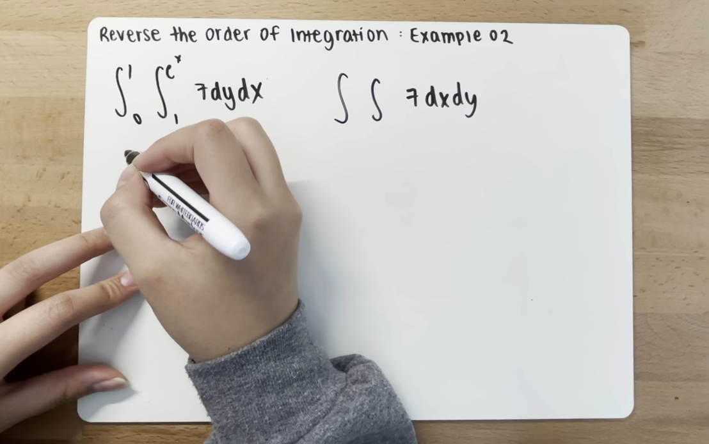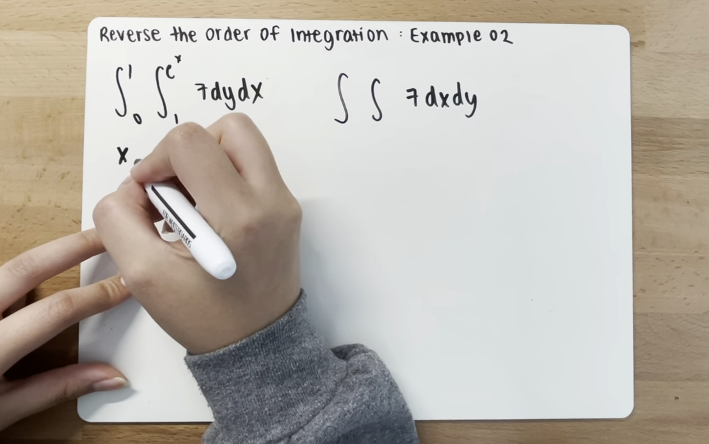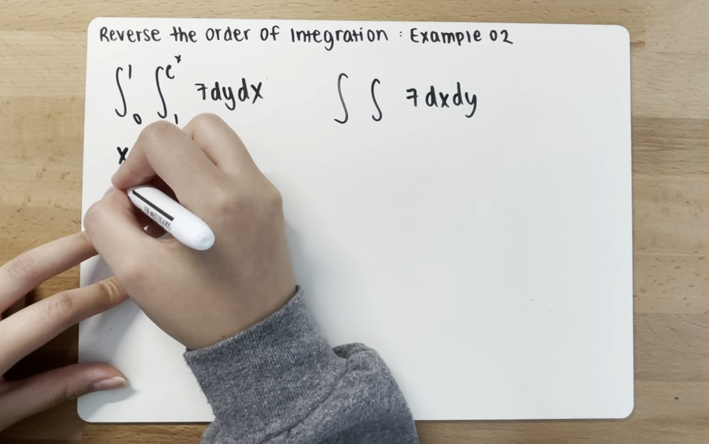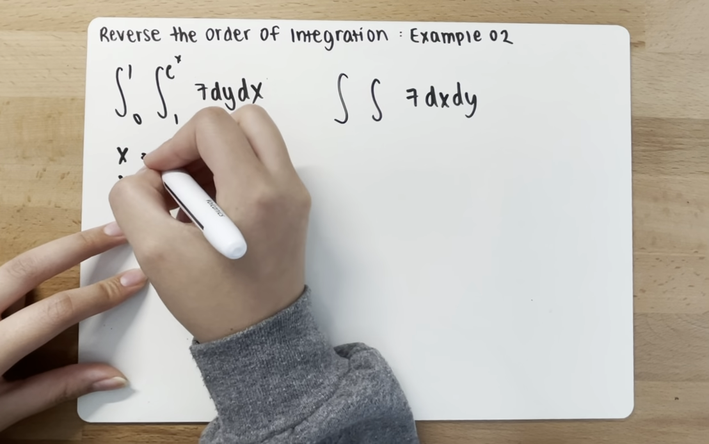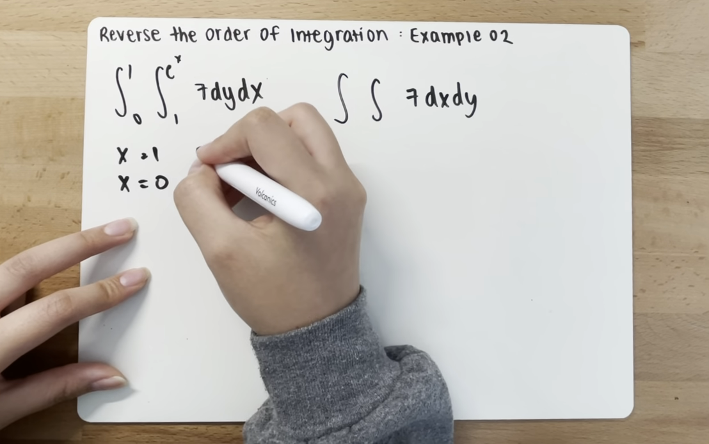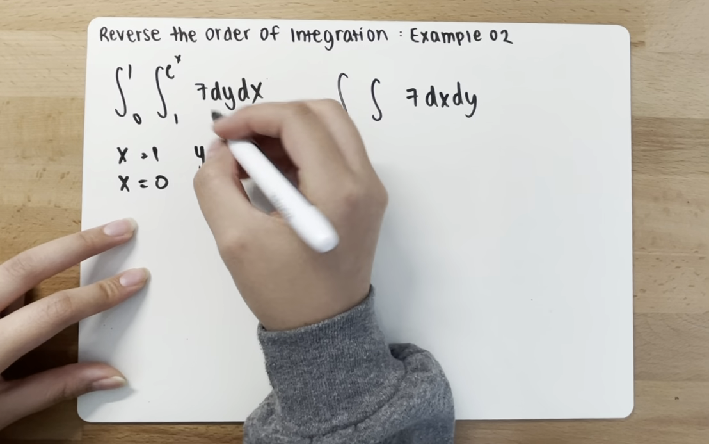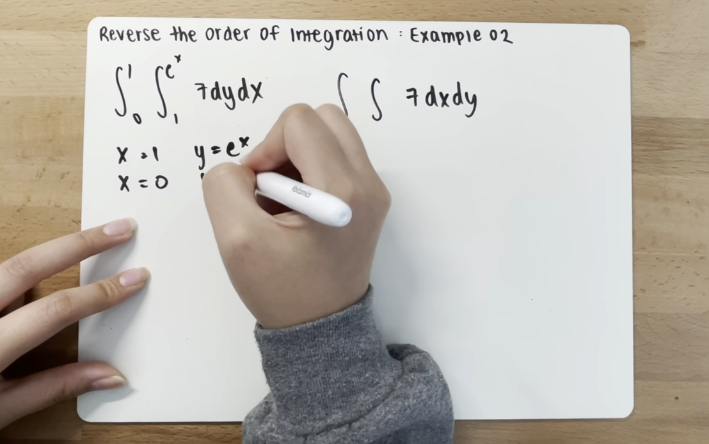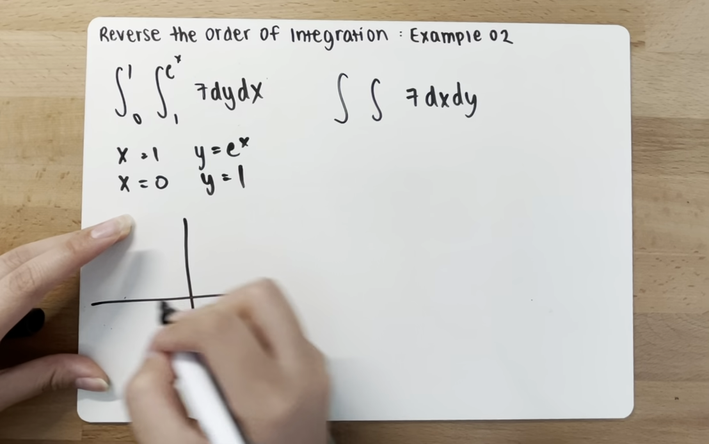We want to begin by listing all the x values. So x is equal to 1 and x is equal to 0, and then list all the y values: y equals e^x and y is equal to x. Then we want to graph